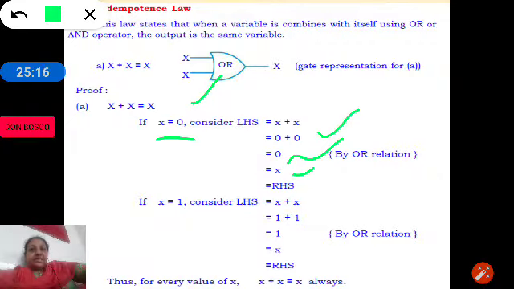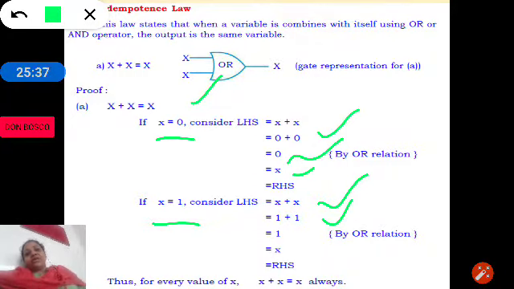Let us take x value as 1. So, if x is equal to 1, then x plus x, let us substitute x value with 1. It will become 1 plus 1, as we know that 1 plus 1 is again 1.